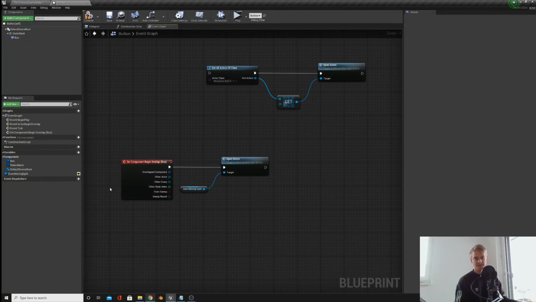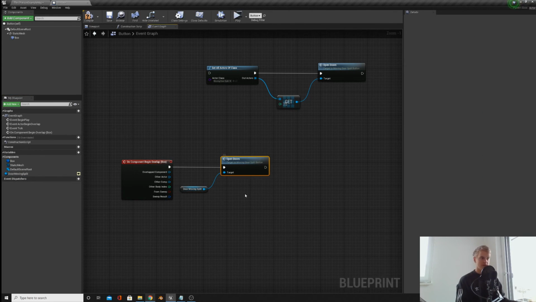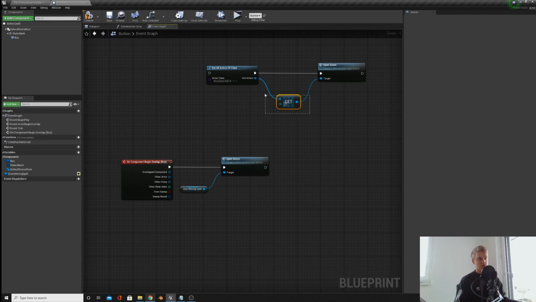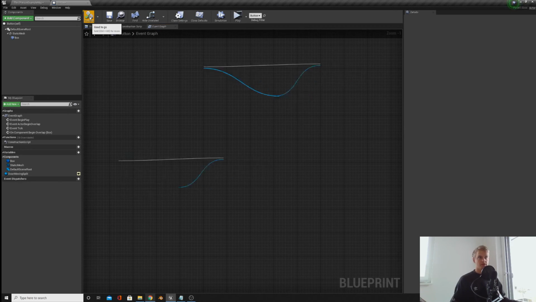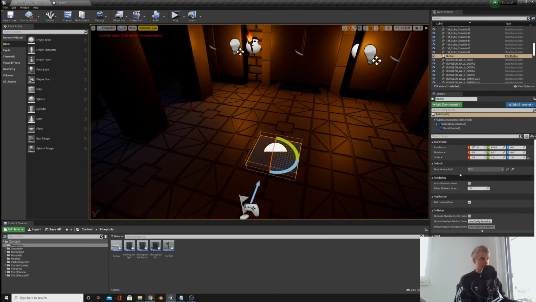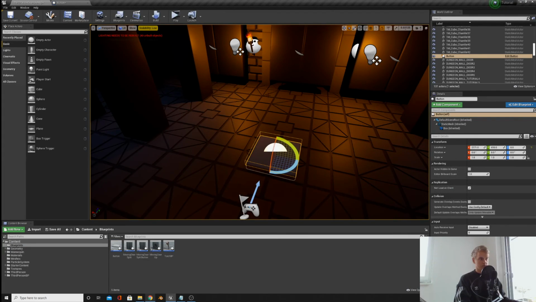So the way this works is that we've basically got a variable which is referencing the blueprint. So now that we've got a reference, we can just open the doors directly. But at the moment, we've just got a reference to the general blueprint like this. We don't know which one we want to actually open. So if you compile and then go back onto your map, you will notice that the variable has now popped up here. If you have instance editable, it will mean that your variable will pop up on your details panel